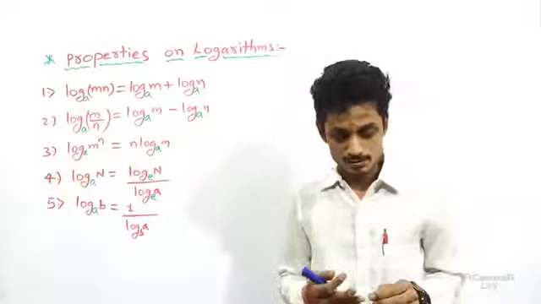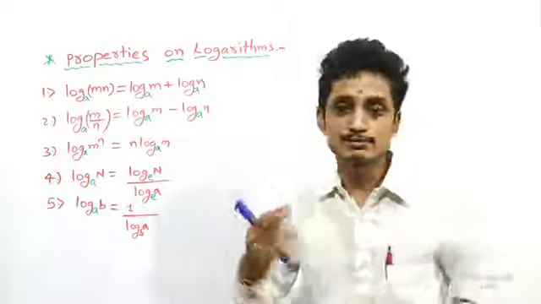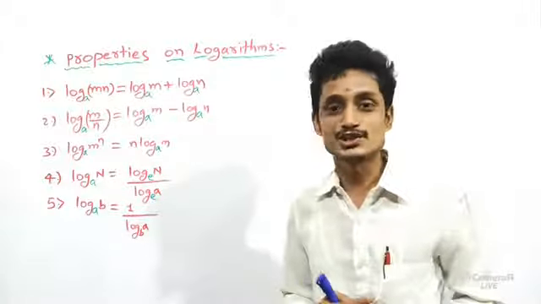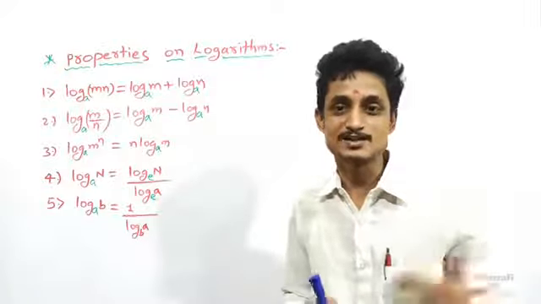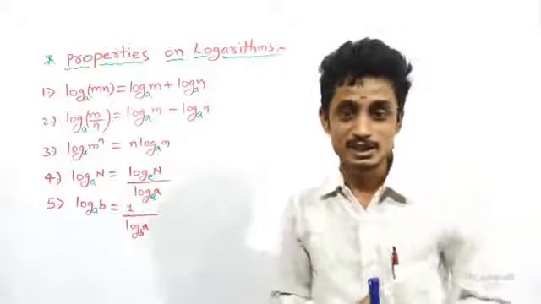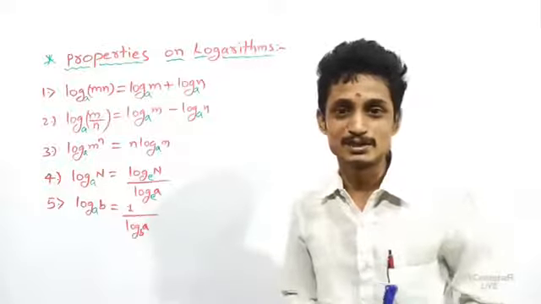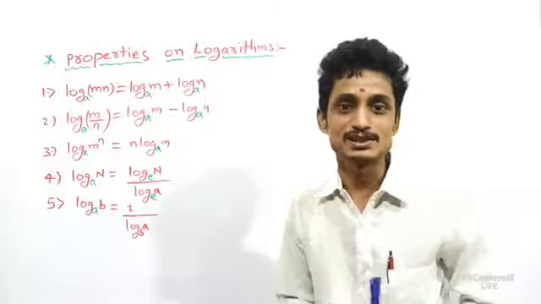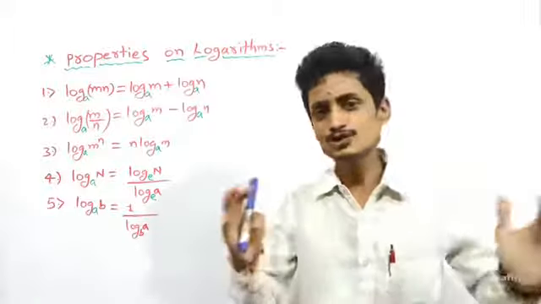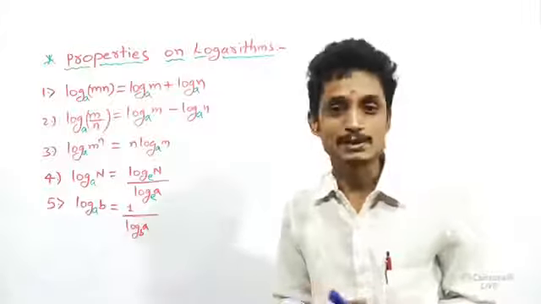In the last class, we discussed the definition of the logarithm, how to relate it to the exponential form, and the restrictions on the base, the power as well as the numbers. Some special conditions I also discussed in the last class. Comparatively, that last class will be the most important. So many basic things we discussed in that. This log chapter will be most useful in our physics, chemistry as well as in mathematics.